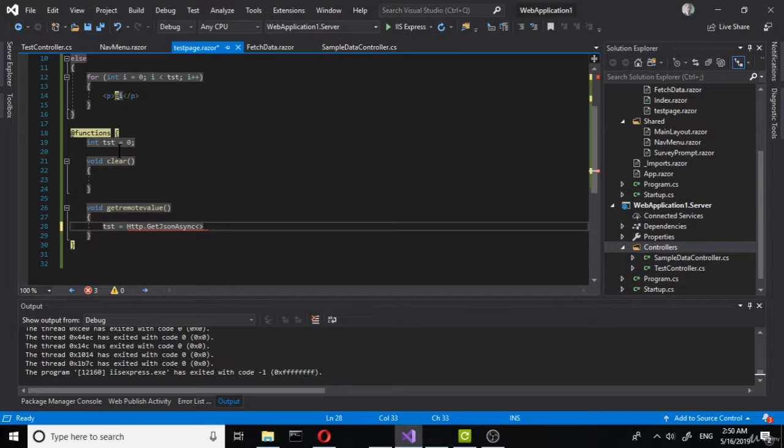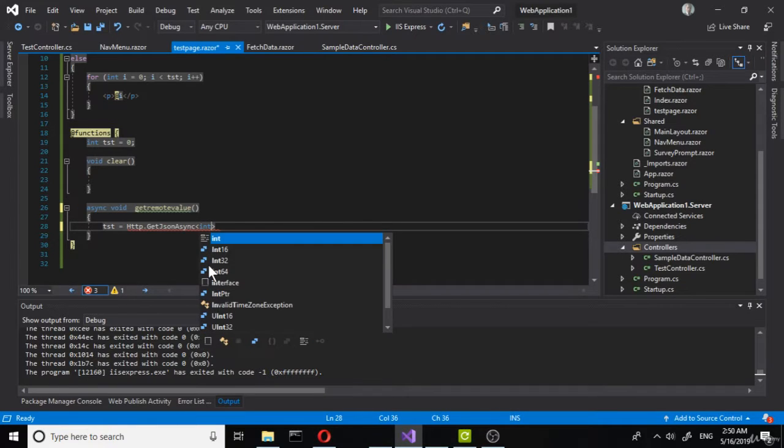I'm not sure if I made that right. To do void async, first of all... It is async void, not void async. Okay, so it's async void, and then you can do asynchronous stuff. And then let's try integer,